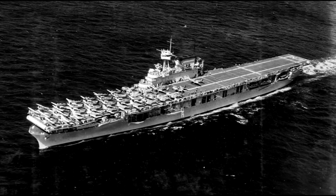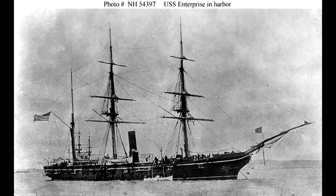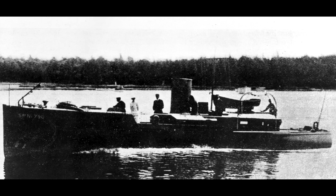Looking back from a 21st century perspective, it might seem incredible to us that in the 1930s, the name Enterprise was not an especially notable one in the US Navy's history. To be sure, there had been half a dozen previous enterprises, including one in the Continental Navy, and some of them had been involved in notable conflicts, but given that these prior ships amounted to 3 schooners, 2 sloops, and an 8-man motorboat,